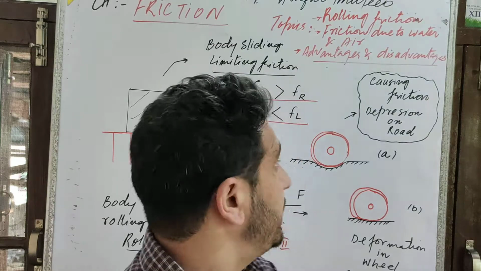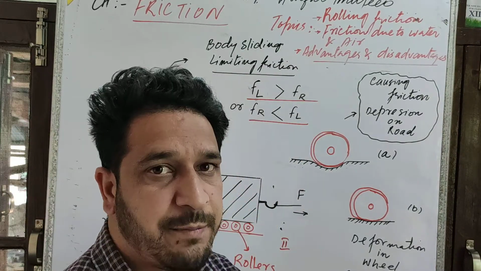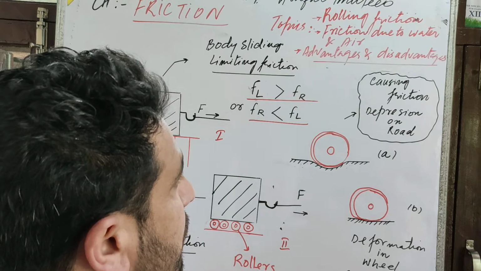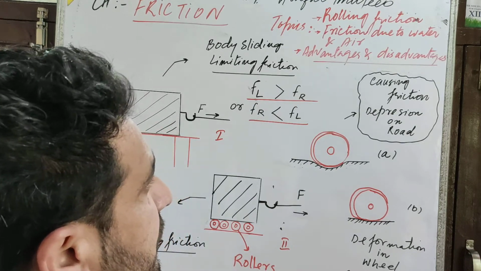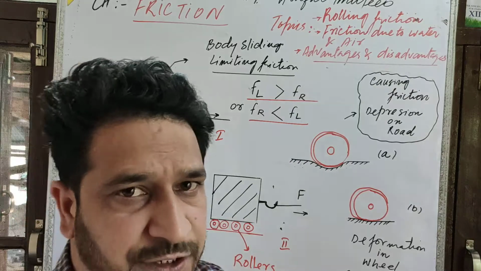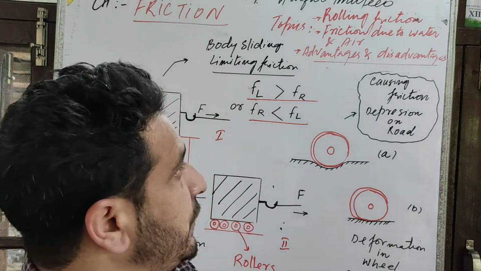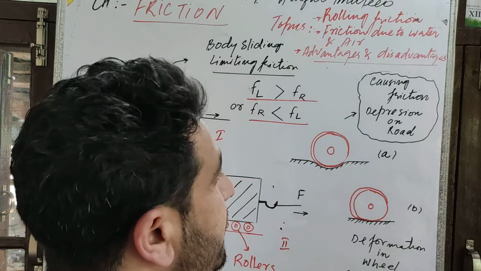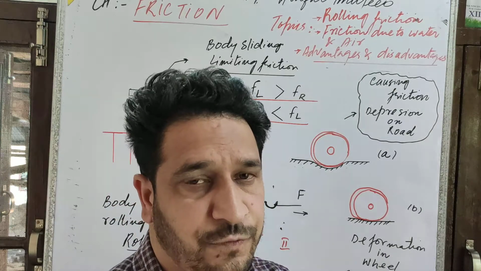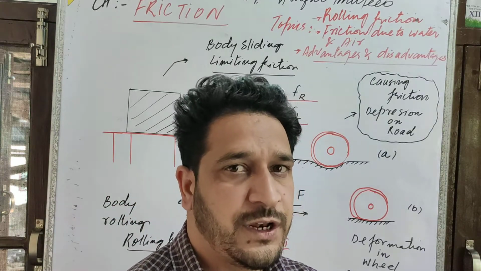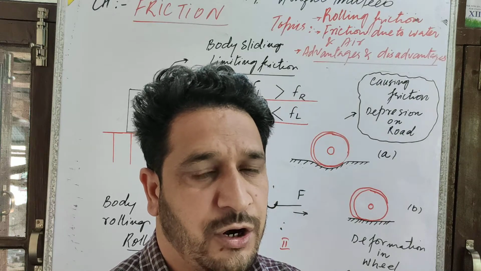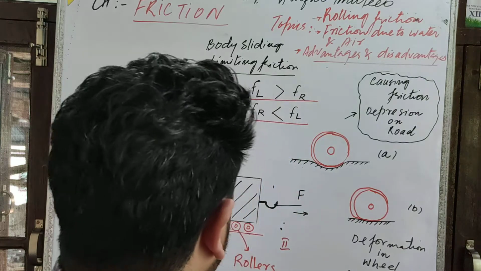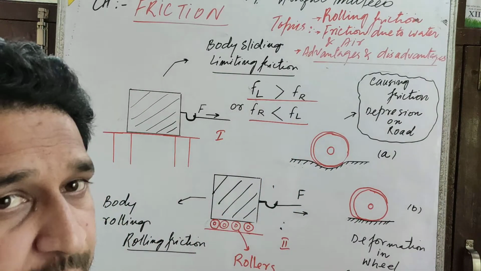Today I am with chapter number 14. The chapter is about friction. This is my second lecture about this chapter. Today my topic is to discuss what rolling friction is, friction due to water and air, and third, the advantages and disadvantages of friction, and then the various ways in order to reduce friction. To understand the friction concept,